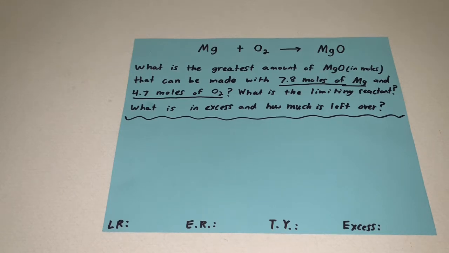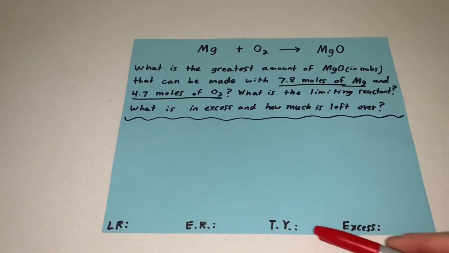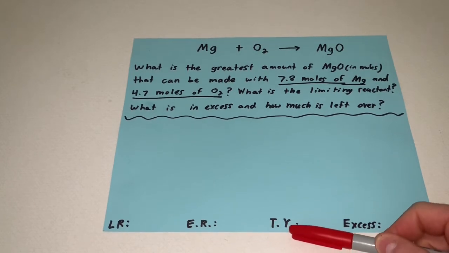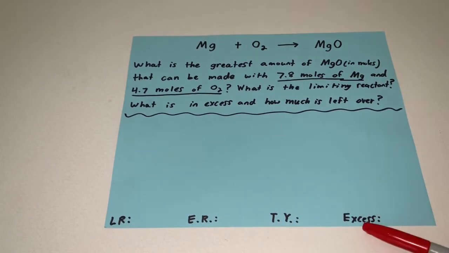What is the greatest amount of magnesium oxide in moles that can be made with 7.8 moles of magnesium and 4.7 moles of oxygen? It's asking what is the limiting reactant, what is the excess reactant, and how much is left over. So based on the given values, we're going to be able to determine a lot of information. Limiting reactant, excess reactant, our theoretical yield, which is how much we're able to produce, and then how much excess